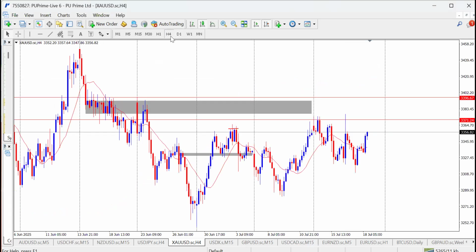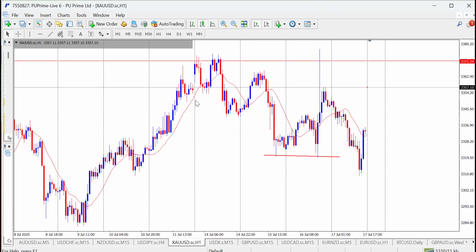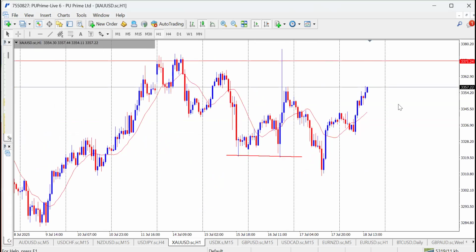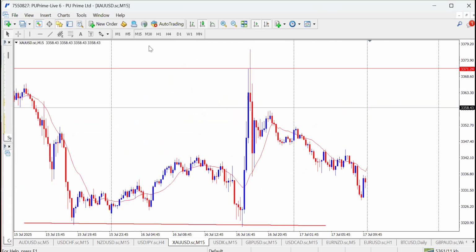So as you can see here on the 4 hours time frame, this is also another pattern here, and we expected a breakout above here, and the breakout has happened. Just a short retracement to give us more room to buy gold. Okay, so we could buy gold up to 3371.24. That is the area where we can buy gold at.